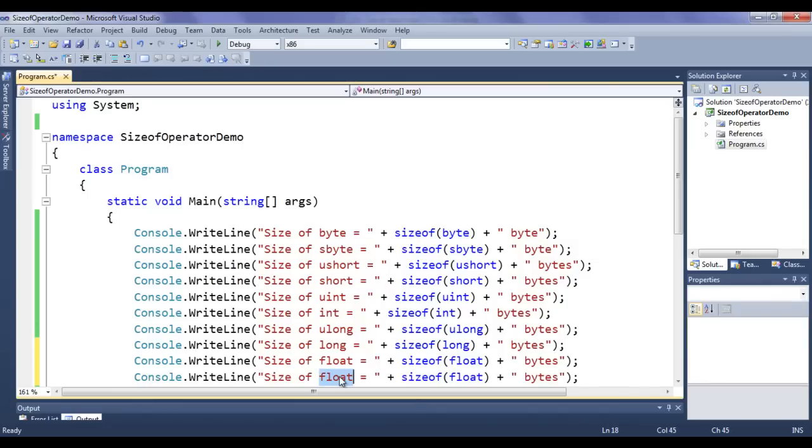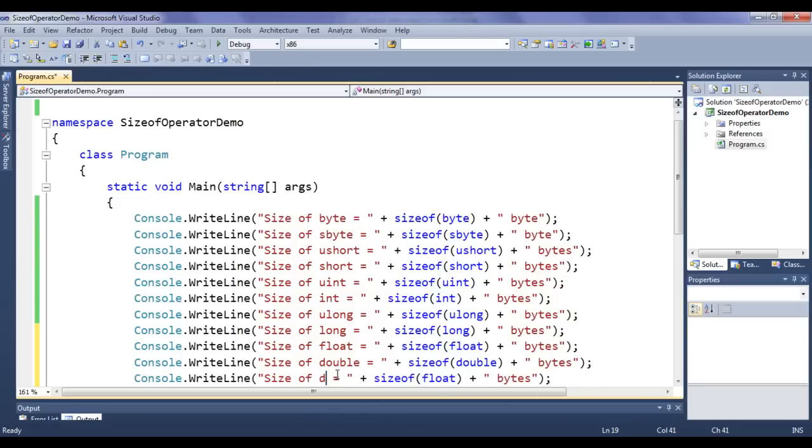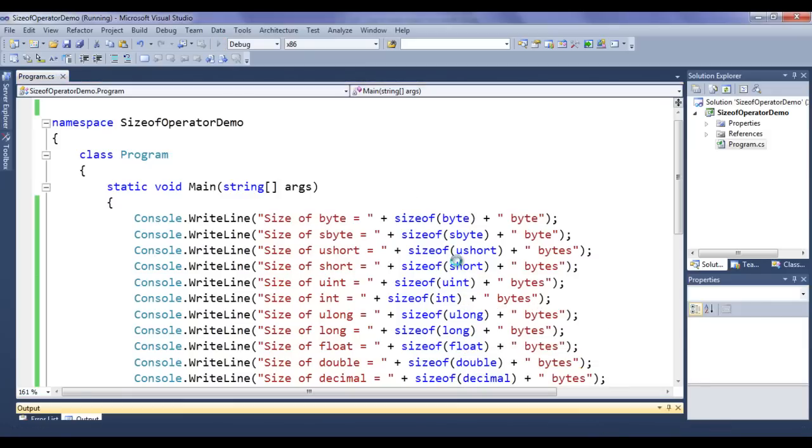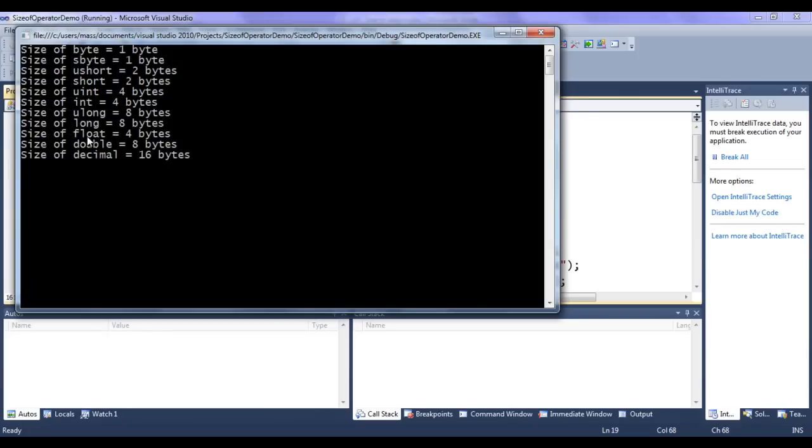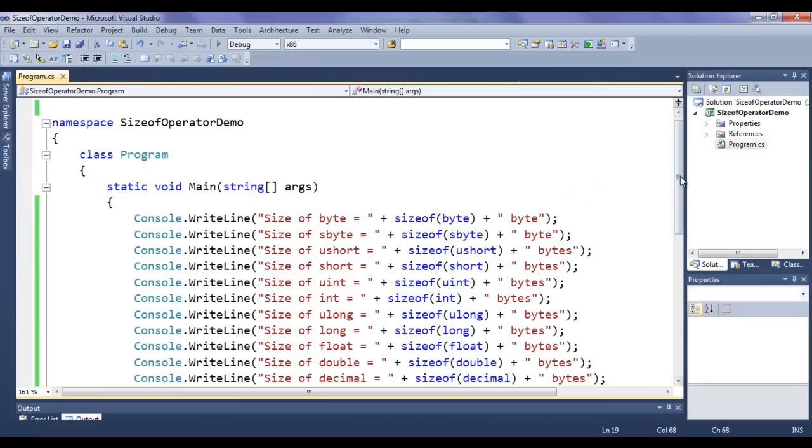I say here size of double. I say here double. I paste down. I say here size of decimal. I say here decimal. If I say build and run, it displays size of float is 4 bytes. Size of double is 8 bytes. Size of decimal is 16 bytes. I hit enter to close the console window.